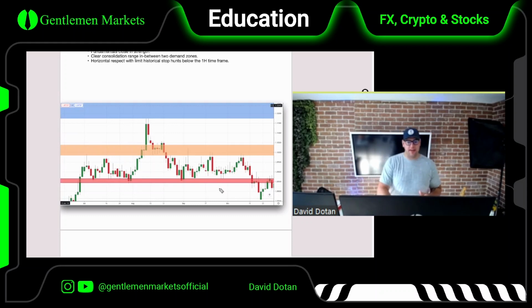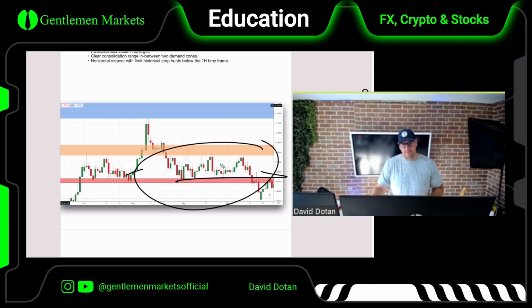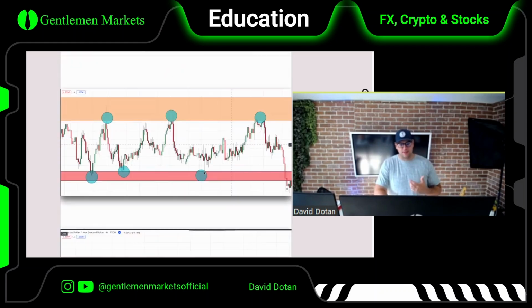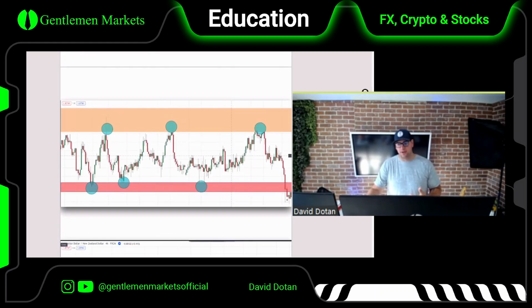Then let's zoom in a bit. We're going to zoom into this level of consolidation. As you can see, we do have historical consolidation that goes even further back. Obviously, I couldn't fit it in this picture. So we know that these are respected levels of sensitivity. As we bring it in, what we can see is that every time price makes contact with a level of sensitivity, it fails to break either to the upside or to the downside.